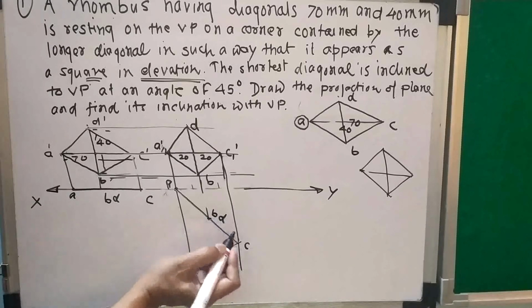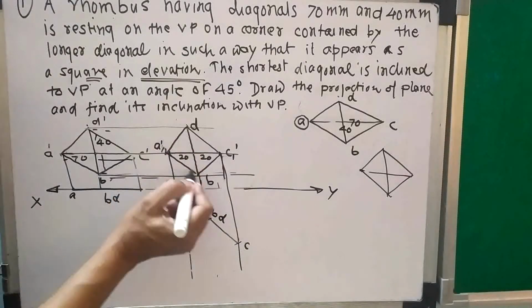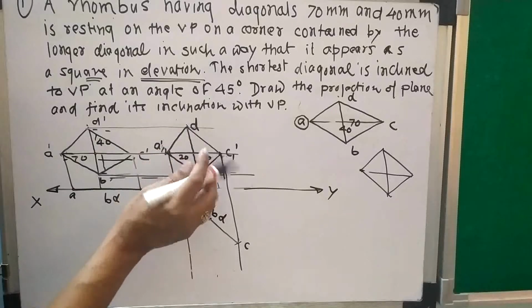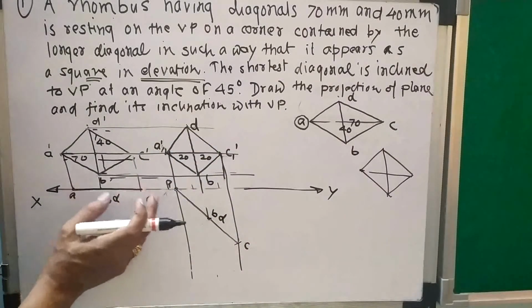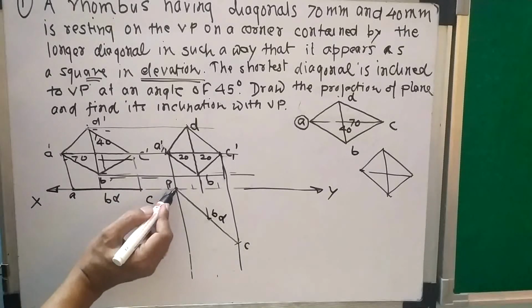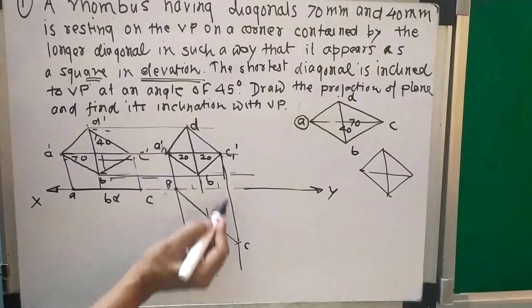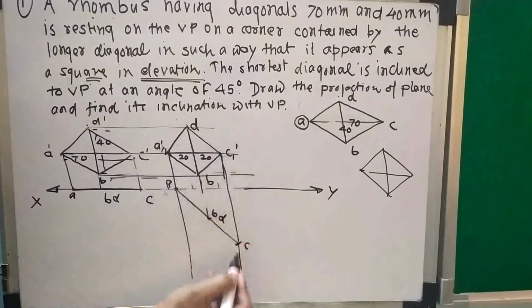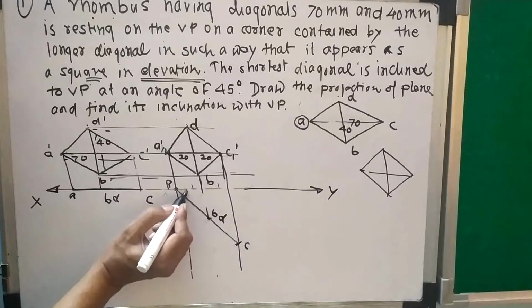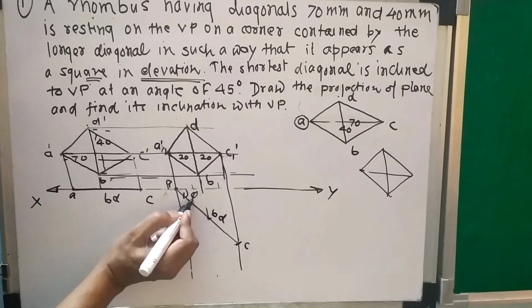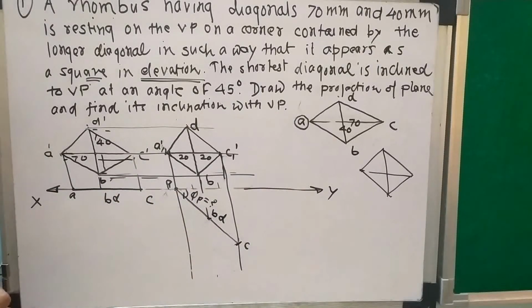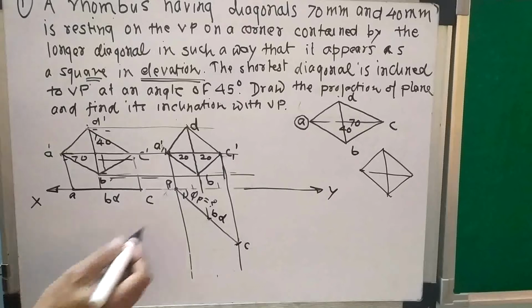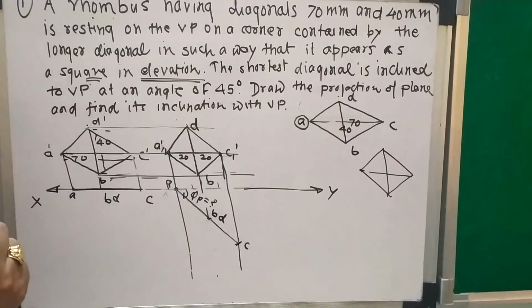So this is BD. So what I have done, I have constructed the square, then I have projected it, and between this projector I will cut this line, that is the surface line, from this A which is on XY on this C projector. So I will get this inclination, that is phi p. I will measure it and find the answer, that is inclination with the VP. Now this first condition is satisfied.